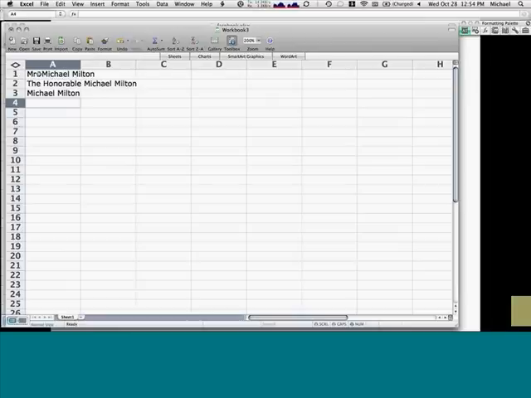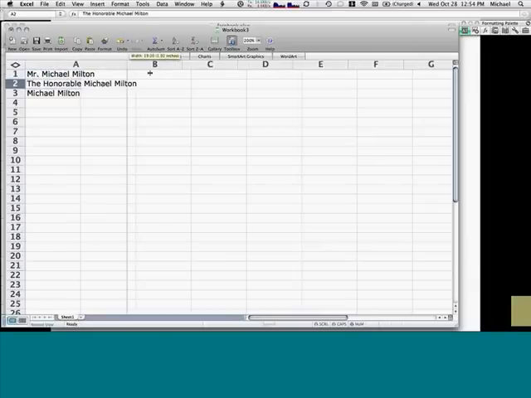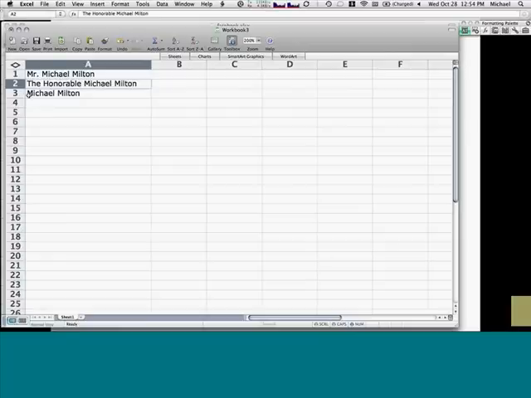There's a bunch of different patterns here. One of them, this one, you could extract the first name using a technique like I just described, which is delimiting off of the space. You could also do that here, but it would give a different outcome because there are different numbers of spaces before the first name. And this has no space before the first name. So we have three kind of distinct patterns here.